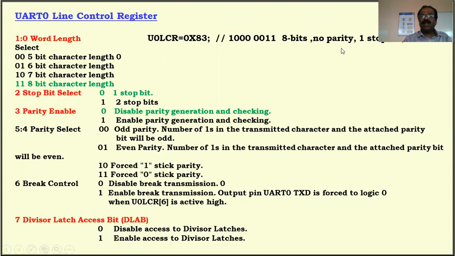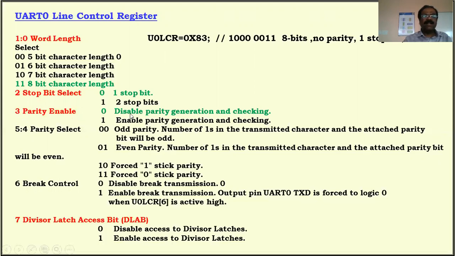Then here one more specification is what? Disable parity. Actually, we have two types of parity, odd parity and even parity. I'm not bothering about odd number of ones or even number of ones. Therefore, I don't want parity. If you want to disable parity generation, we can go for bit number 3. There we can put simply 0. That is why we have disable parity. If you want to achieve this, you have to write 0 in bit number 3.